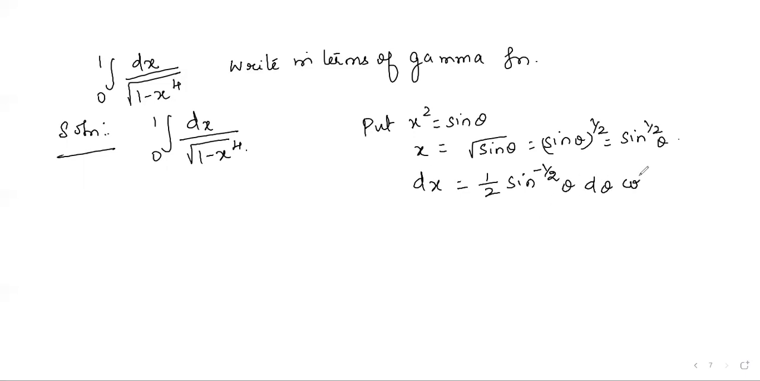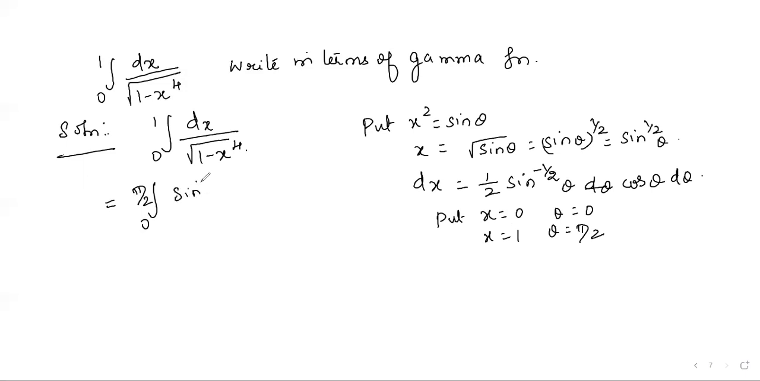Differentiating sine theta, you will be getting cos theta d theta. Now let us change the limits also. Put x is equal to 0, you will be getting theta is equal to 0. Substituting x is equal to 1, theta is equal to pi by 2. So therefore it will become integral 0 to pi by 2, dx is sine power minus half theta cos theta